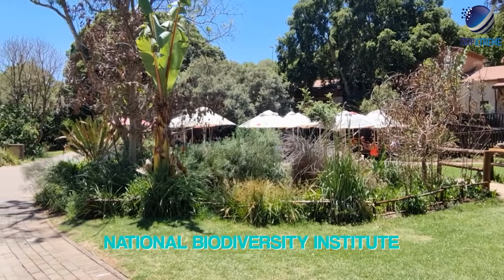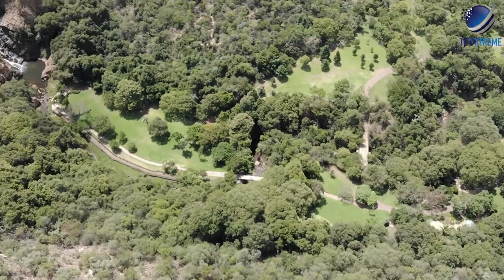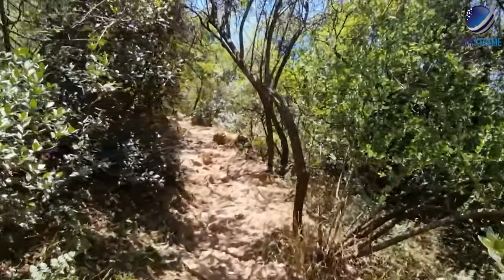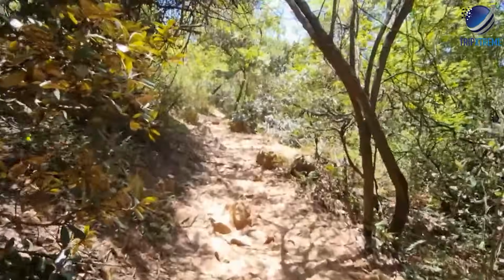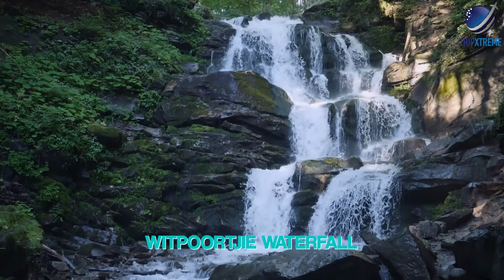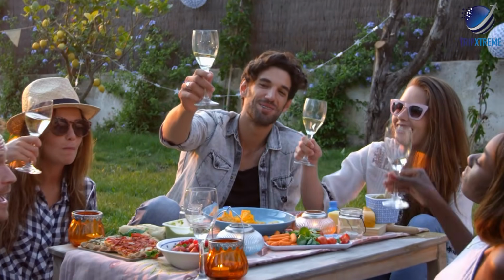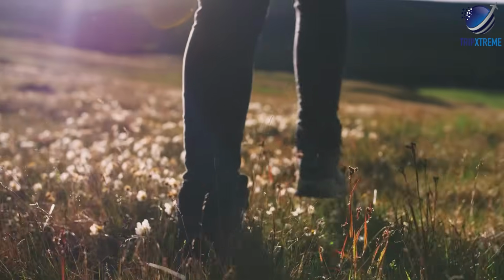Managed by the South African National Biodiversity Institute, the garden is one of the 9 national botanical gardens in South Africa, and this particular location offers plenty of space and beautiful views of red rock cliffs. The garden's centerpiece is the impressive Witpoortjie waterfall. Sprawling fields surround the falls, with plenty of prime picnic nooks, and a river and hiking trails weave through the